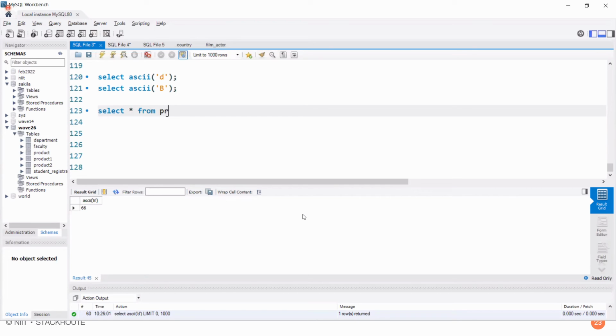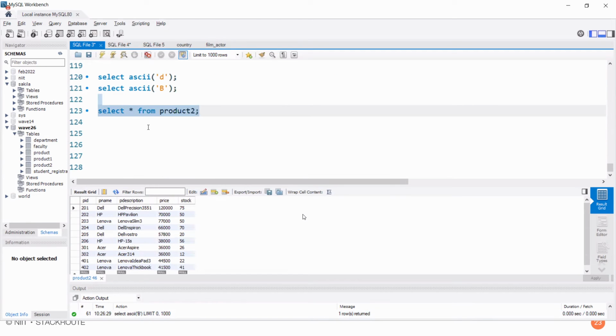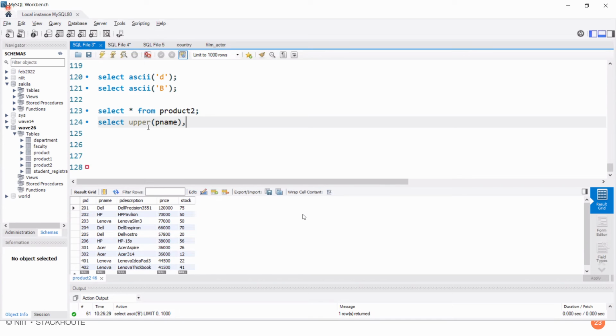Can I apply all the string functions to my table? That is why we are introduced to these string functions. So I have a table. Let's assume I want to use select upper of product name, comma, left of description, comma 5, comma, price plus